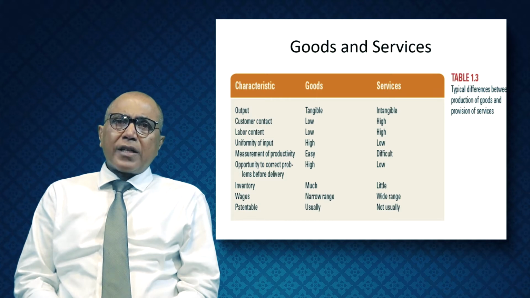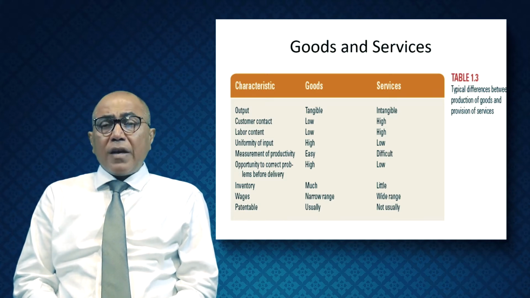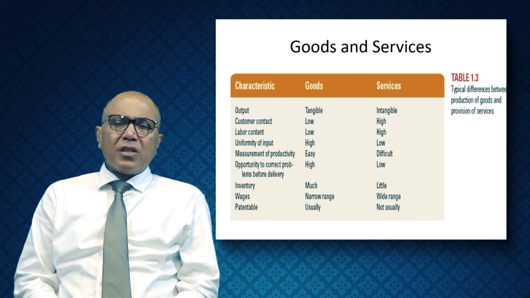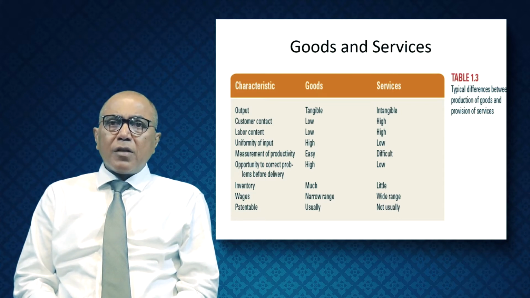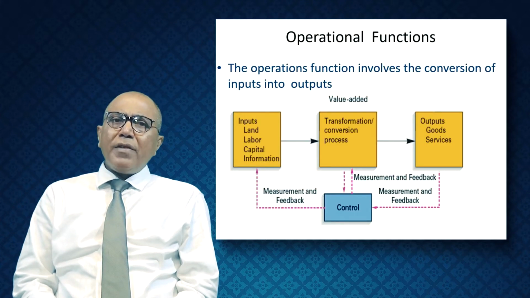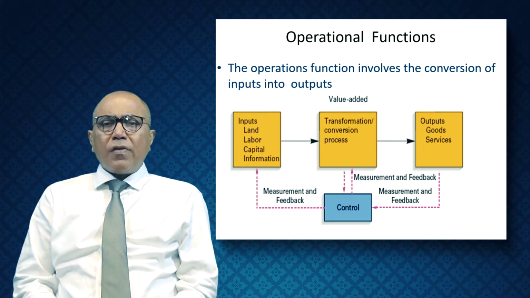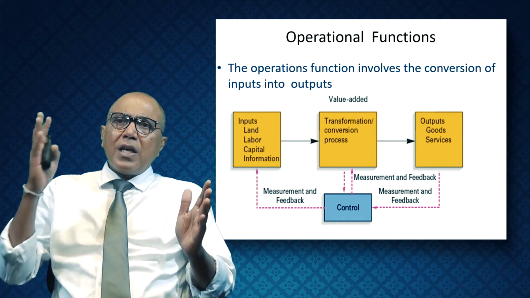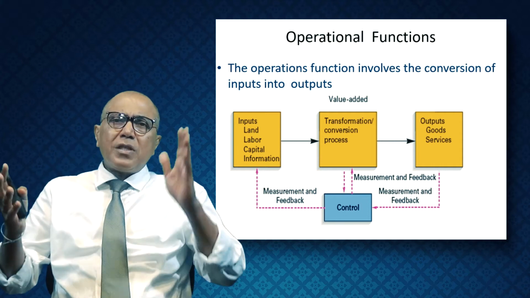The opportunity to correct problems in delivery is fairly low in services. There is very little inventory. Wages have a wide range depending on the resources that you use. Services are usually not patentable. You have inputs, and then you transform these inputs to output, and you have feedback at different levels by monitoring. This is a very simplistic process. You have input and you have output. You transform these inputs to output